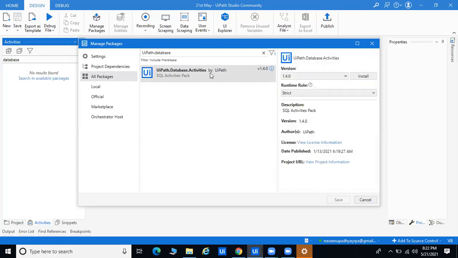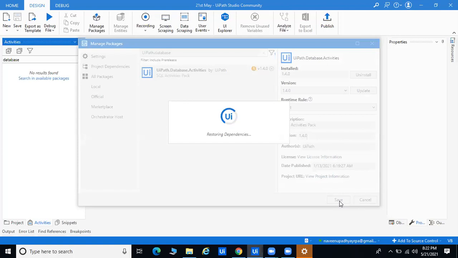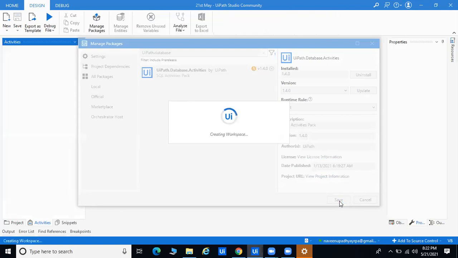Then you can click save. Restoring dependency means it's trying to install. It will not take even more than 1 minute if your system is fast and everything is fine. If your system is slow, sometimes it takes time for the installation. Creating the workspace means it's trying to install, so wait for it to be ready.